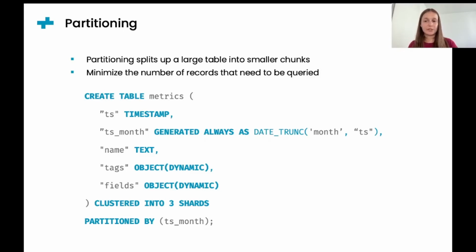The example on the slide shows a statement that creates a new table and partitions it by a derived column called tsmonth. This column is generated by truncating the month value from the timestamp. Each partition can also be distributed on 1 or more shards, and in this example, 3 shards will be used